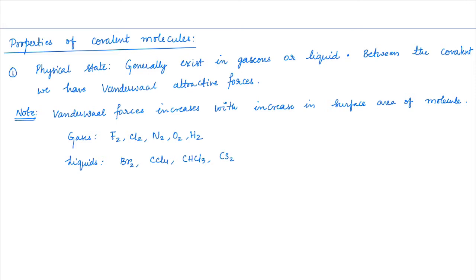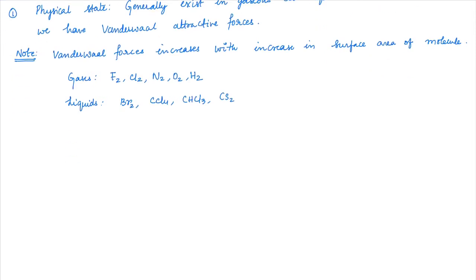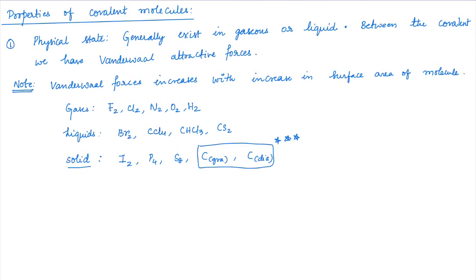Now you could anticipate that the surface area occupied by these molecules is increasing. So as the surface area increases, they will have much stronger interaction, hence they exist in a liquid state. If the surface area increases further, then we'll have solid covalent molecules like I2, P4, S8, graphite, diamond. These are all molecules whose surface area is very large. Well, diamond and graphite are special cases because they have covalent as well as molecular interactions. Other than that, I2, P4, S8 all exist in a solid state at room temperature, which suggests that they have a very large surface area. That's why it is happening so. Is that clear?